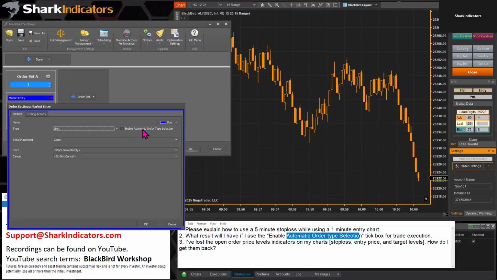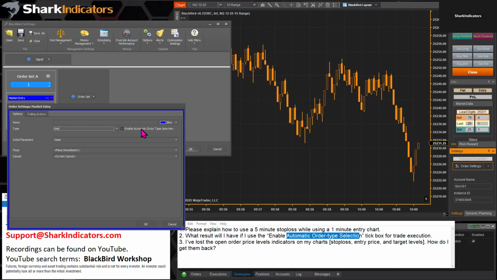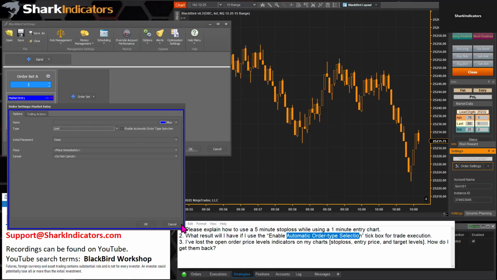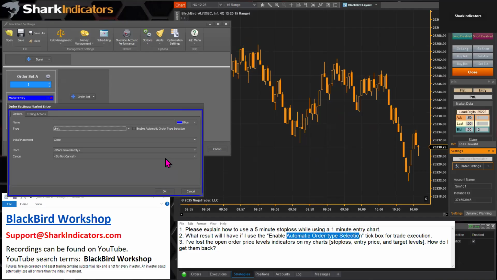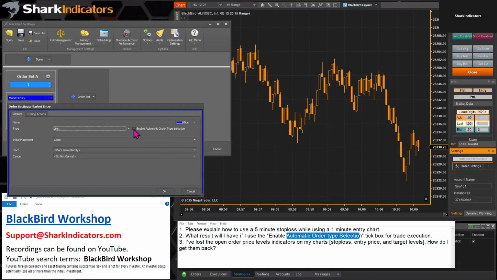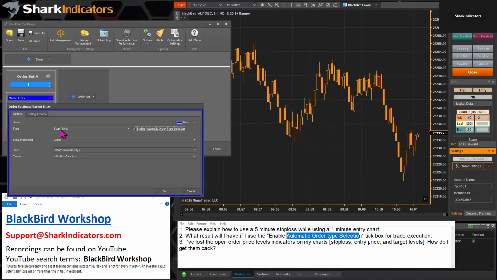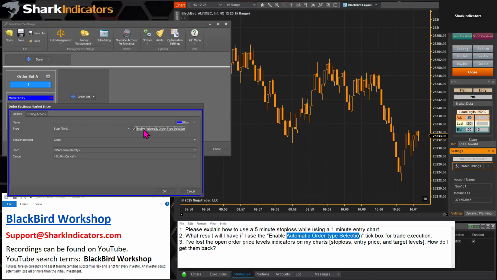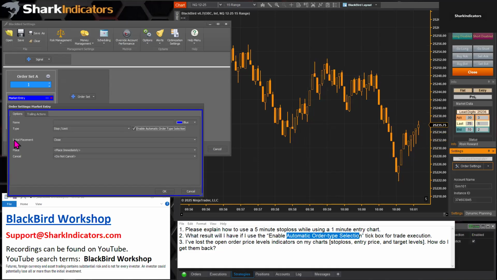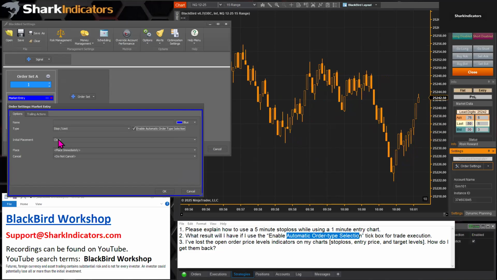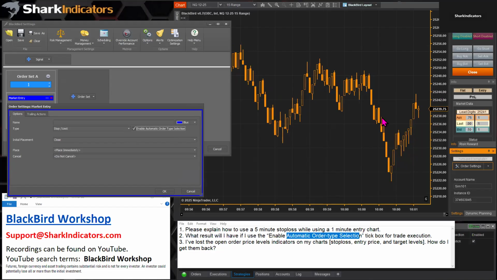Now we can see the enable automatic order type. We were hoping that the name would be self-explanatory there. But when you check it, now it says stop limit. So Blackbird will automatically decide whether it needs to be a stop or a limit based on the initial placement. So whatever your initial placement calculates out to be, and where the last price